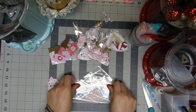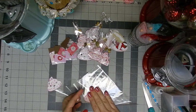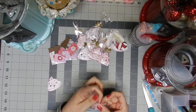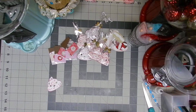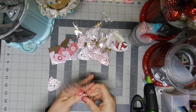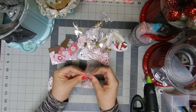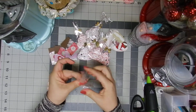So if you have a square of paper, you're gonna put your candy inside of it, and then you're gonna grab it all the way up. Okay. And let me grab my hot glue gun because that's easier. So all you have to do is gather all the paper here on top like this,